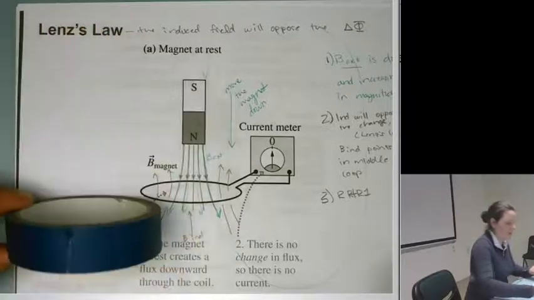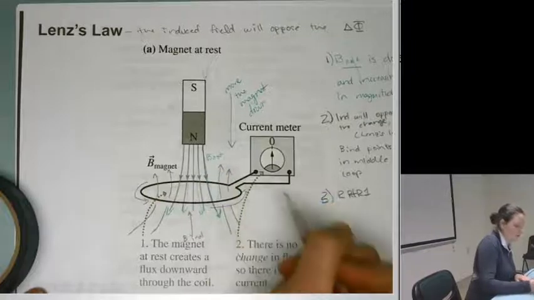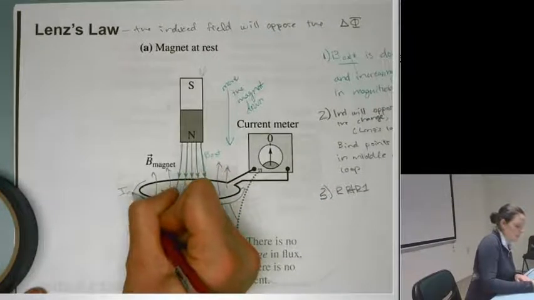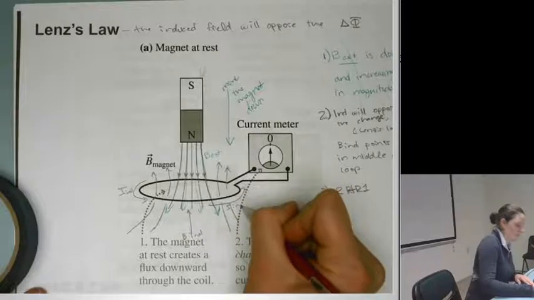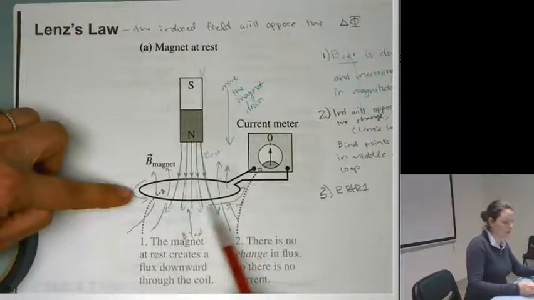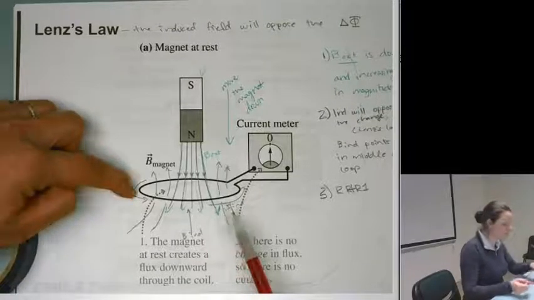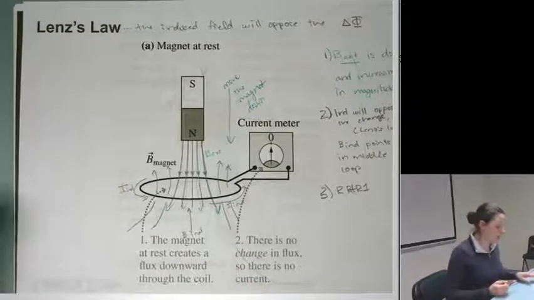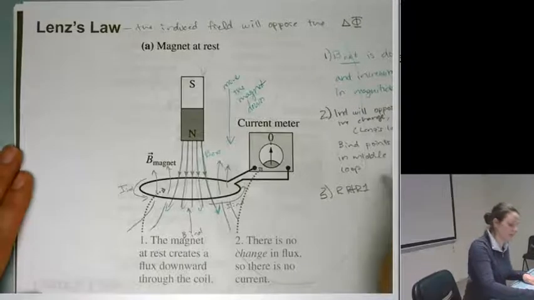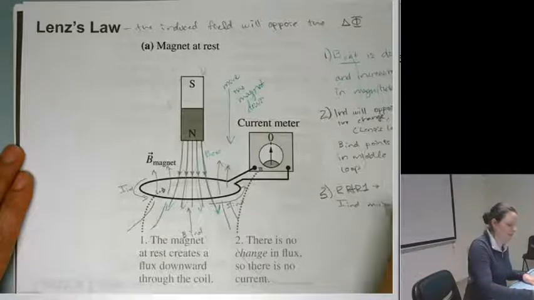All right, so what I'm going to do is I'm going to say that my induced current goes around like that. So if you were the perspective of the magnet looking down on this loop of current, the current would be going counterclockwise. Okay, so there we go. It says that I induced must be